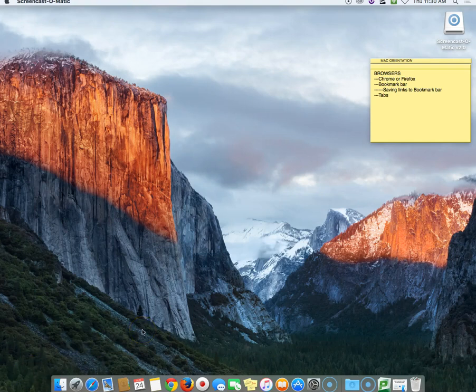Okay, we're going to talk about browsers now. The two main browsers we want to use are either Chrome or Firefox. In order to load the icons of those two browsers into our dock, all we need to do is open up Finder,